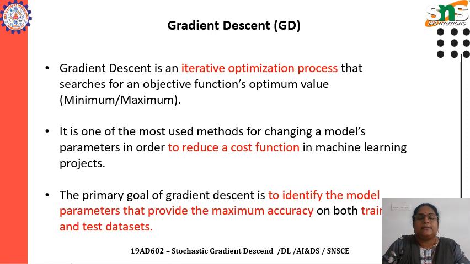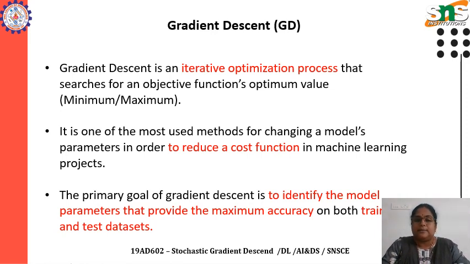Gradient descent is an iterative optimization process. The main objective of gradient descent is to find the optimum value, whether it is a maximum or minimal value. It is one of the most useful methods for modeling the parameters in order to reduce the cost function in machine learning projects. So this is a very important concept in machine learning. This method is mainly used to identify the model parameters that provide the maximum accuracy in both the training dataset